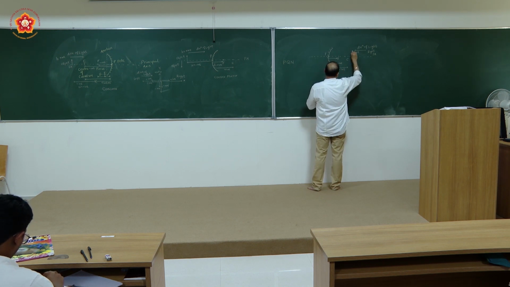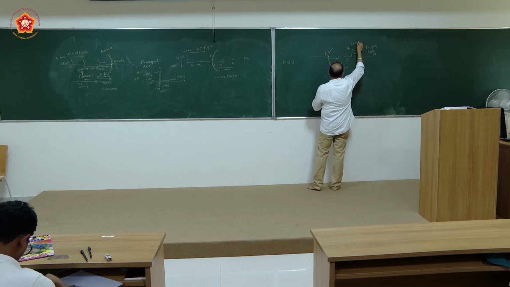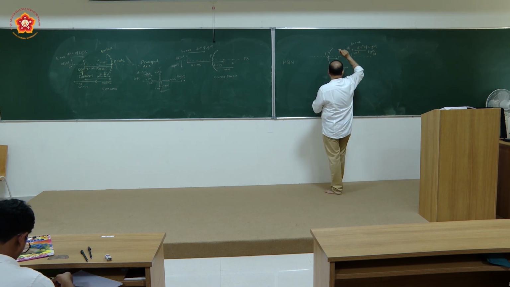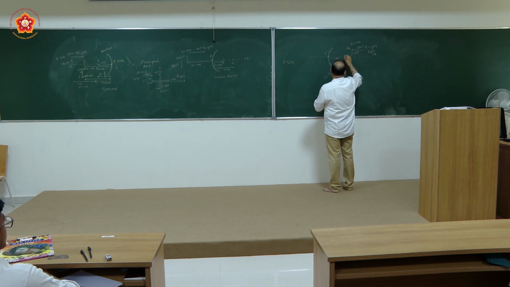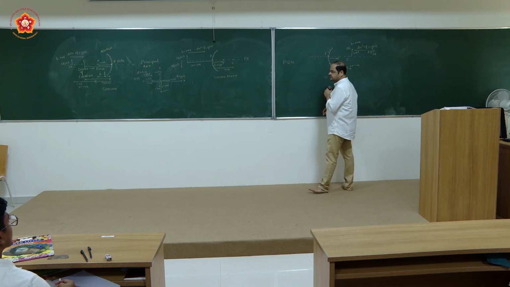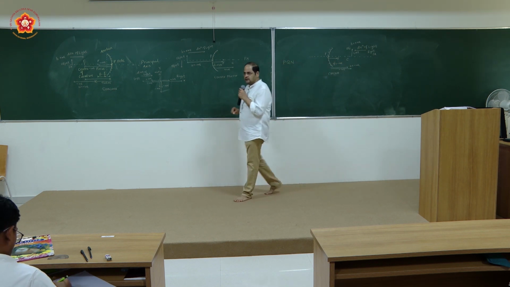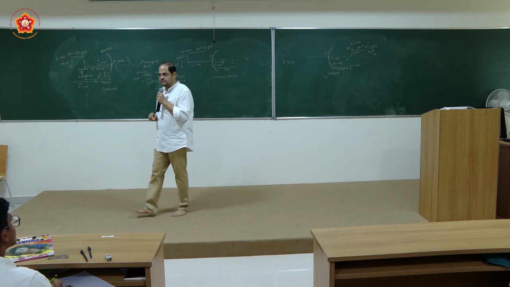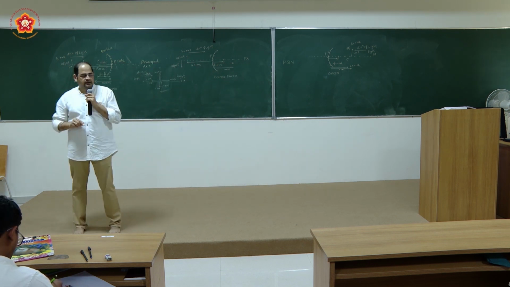If you are having the object present here, the height would be taken as positive only because it is above the principal axis. But from pole to this object, whatever distance you will be putting it here, that will be the object distance, that will be still negative. Getting the concept here? Sure?